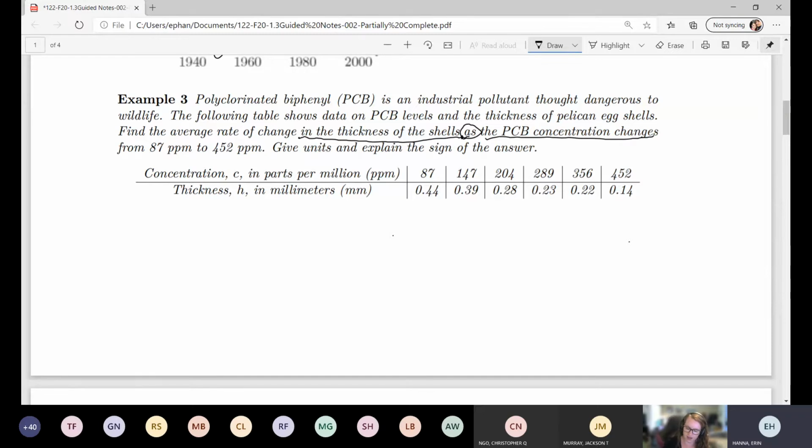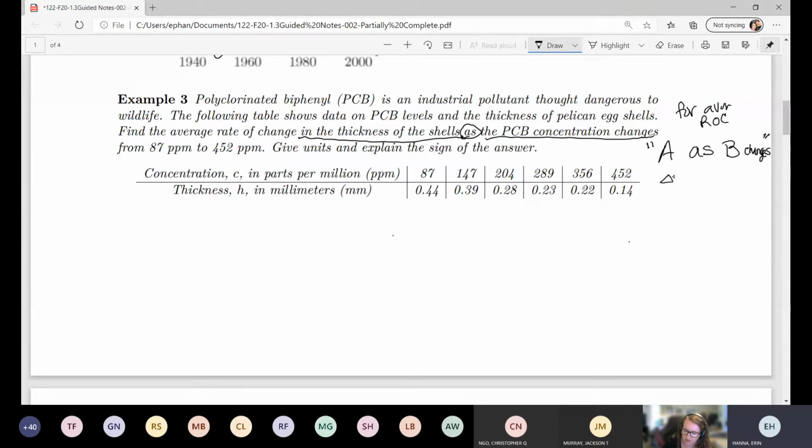How can I say this generically? Let's say A as B for average rate of change. If it ever says find the average rate of change for A as B changes,